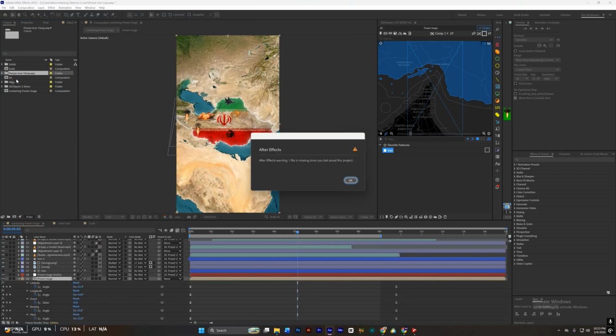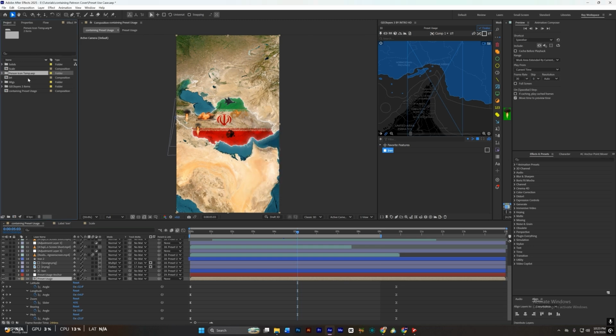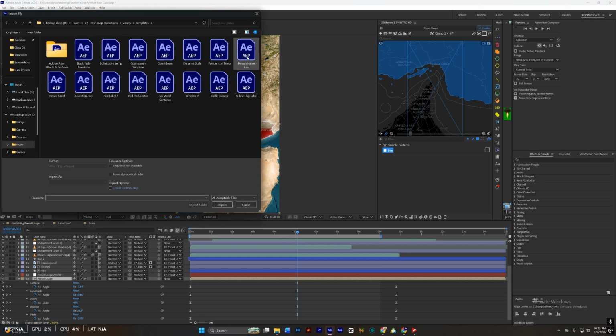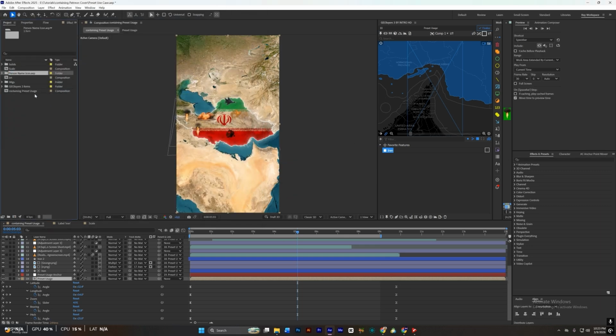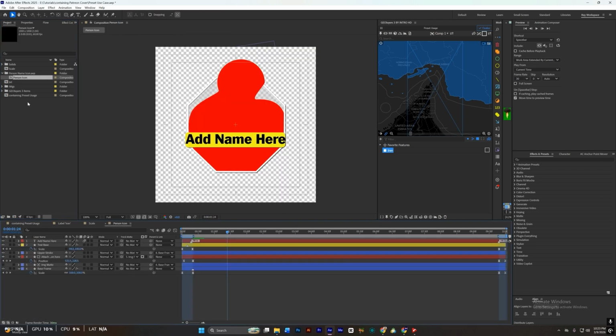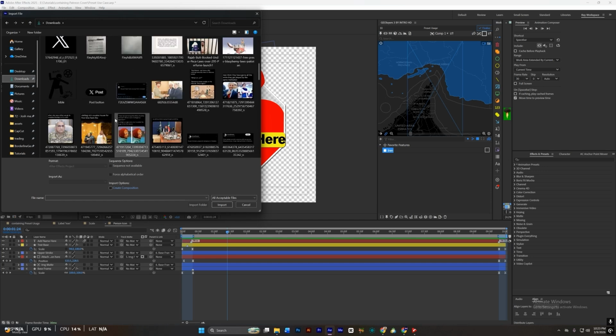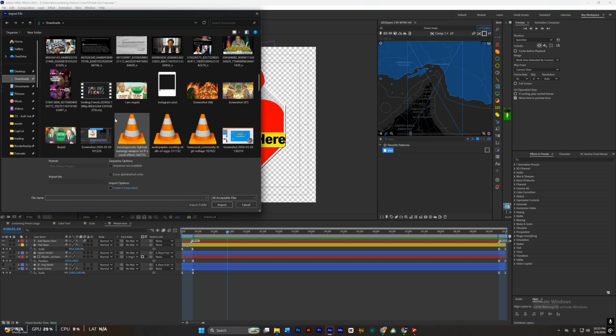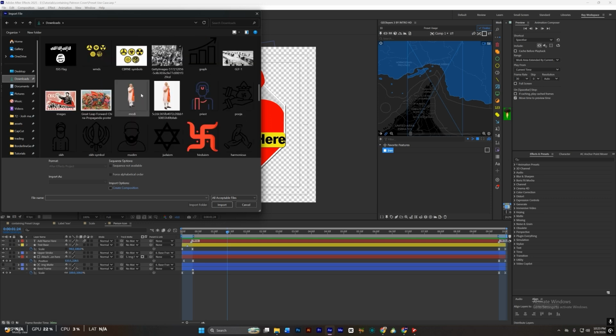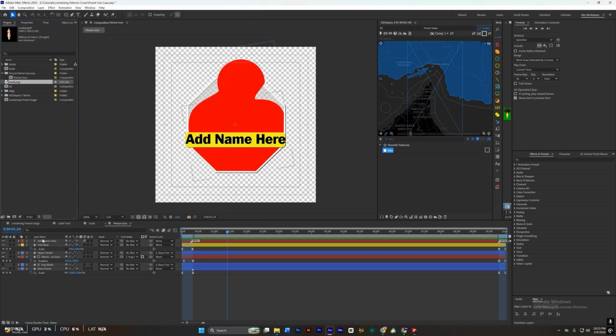Next, we have this person icon template, and yeah, this is not very useful. I have updated it, and this is the updated one. And here we won't see the icon of a missing file. The missing file is basically the image that I used in my template. So to use the template, I have to have a PNG image of a leader. For example, here we have Narendra Modi,